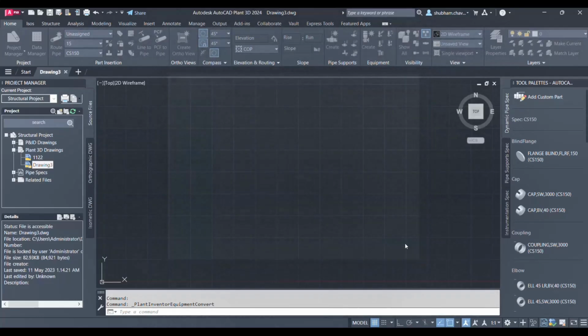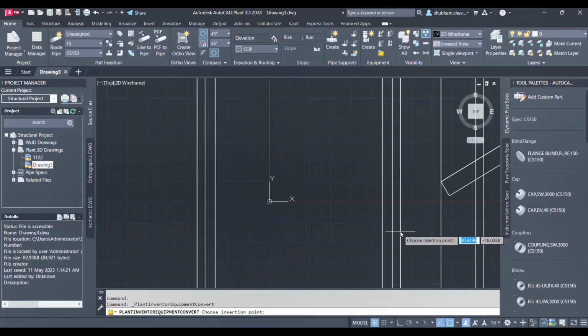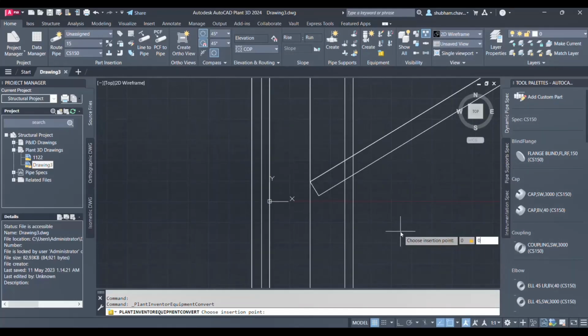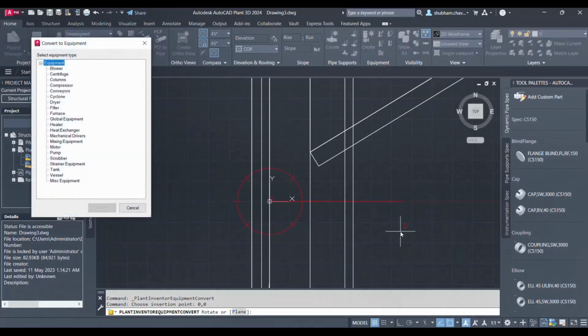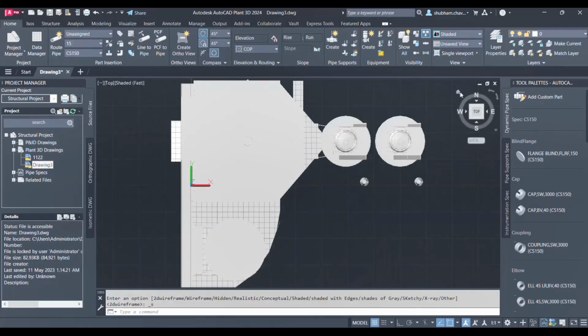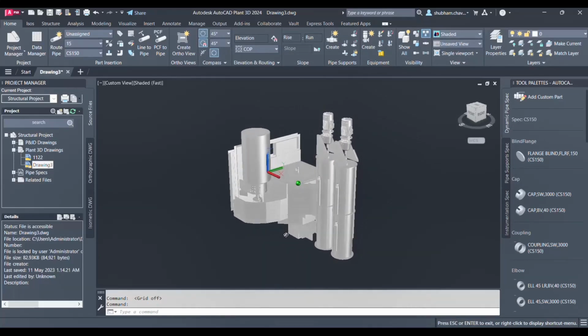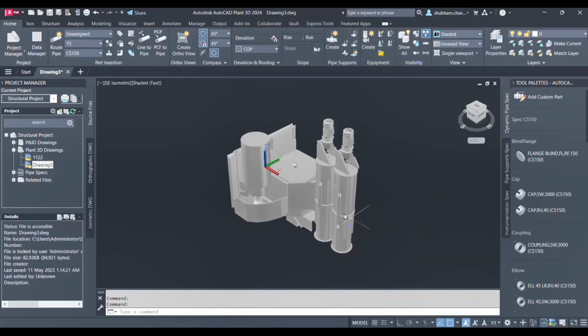Now let's open that ADSK file from the icon from the equipment panel of our home tab. And by providing an insertion point, you can specify the location of that customized, simplified equipment. As soon as you enter, it will ask you to apply any particular category. And let's have a look by changing the shaded view. So this is your simplified version of your customized equipment. So if you have added any pipe connectors, that will allow you to quickly continue routing